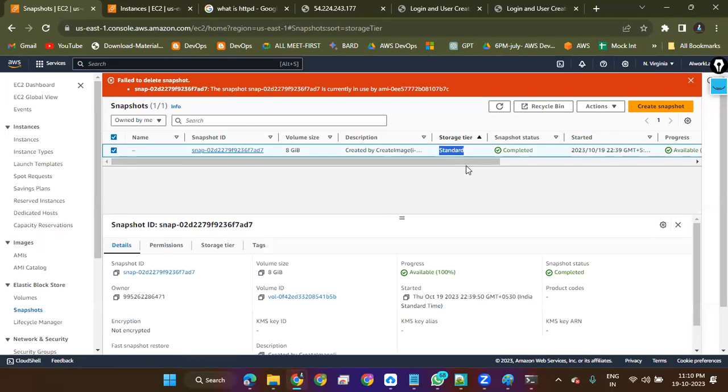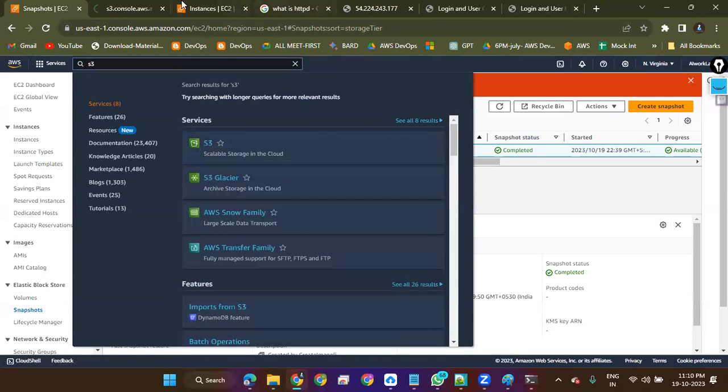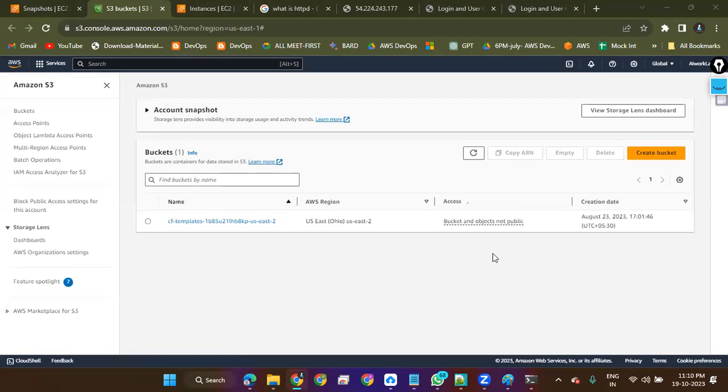Storage classes: Glacier, if we archive it, it is going to stay in Glacier for more than 2 years. If we use Standard IA, it is 30 days. Standard 30 or 90 days, Standard IA, infrequent access. Like this, on these storage classes, let me show you. You can run a lifecycle for it.